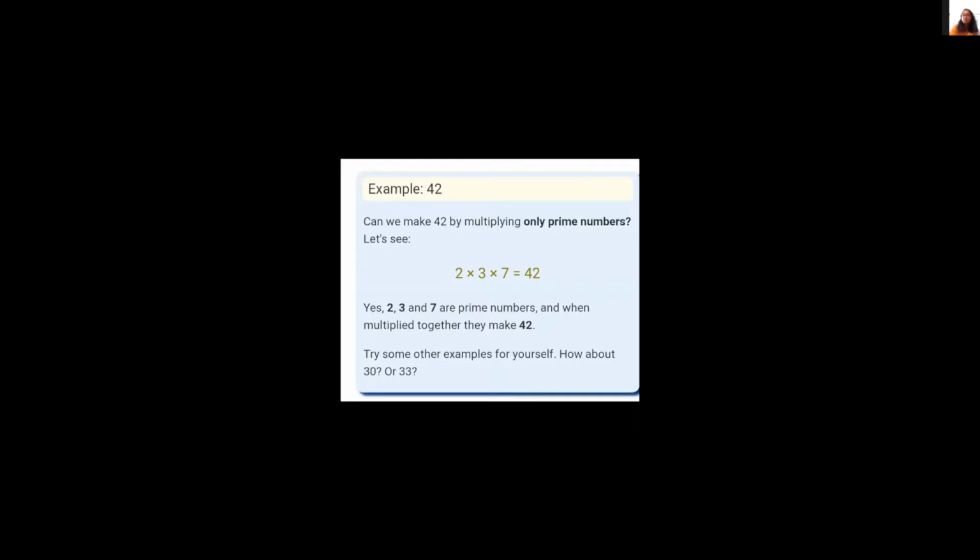Now the next one is 33, which is pretty simple. It can be done orally. Who will answer this? Rishi, are you there? Ma'am, can I say? Yes, who's this? Ma'am, it's Riddhi. Yes, Riddhi, go ahead. So 33 will be? It's equal to 3 into 11. Very good. That is the correct answer. I hope that's clear to everyone. Now let's quickly move on to the next slide.